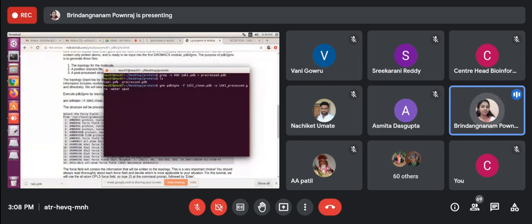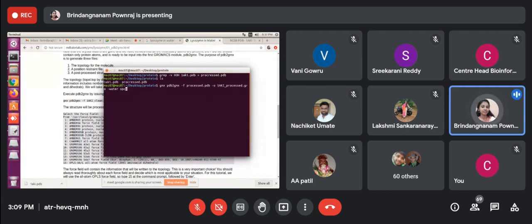Then I'm giving the file process.pdb as an input. -f is nothing but the structure file, and then output -o. So here, if you want, we can keep the same file name,